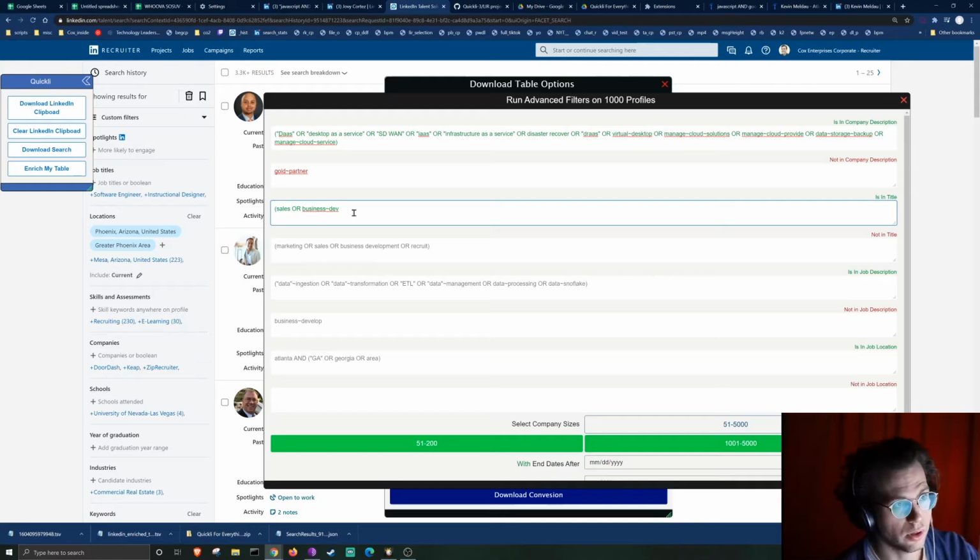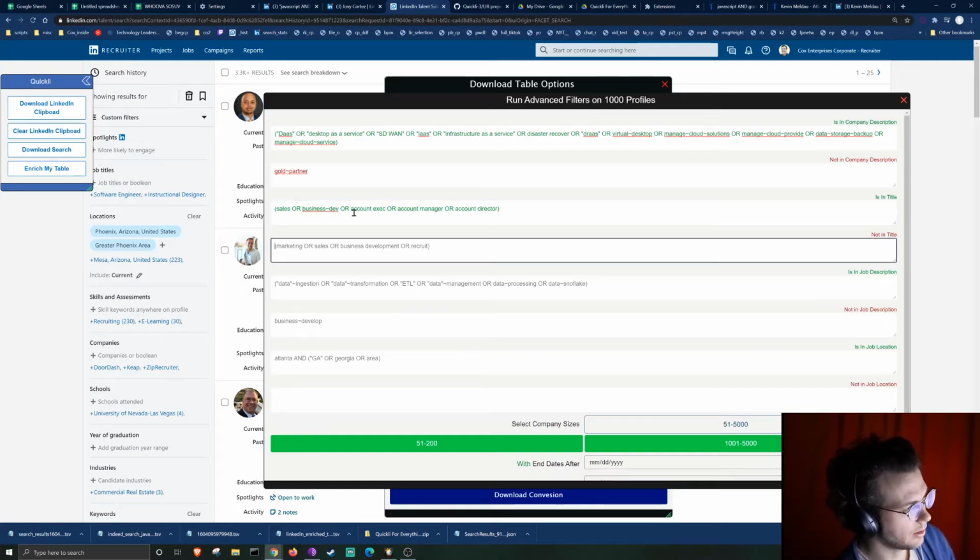So it'll look for business near development, which isn't probably necessary in this case, but it'd also look for dev near business, or account exec or account manager or account director. And that's probably good. And then here I don't want